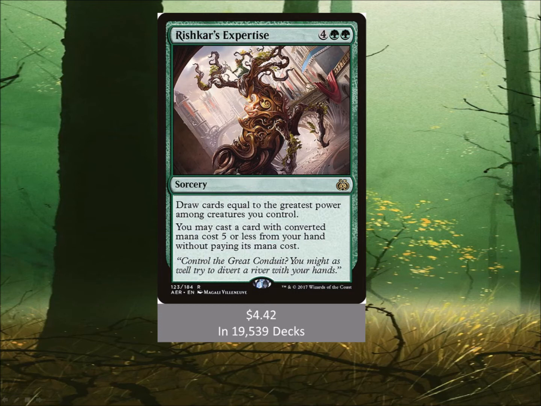As I keep saying, there's 4 cards that go together that if you're going to run one, you should probably run them all. They are great additions to a draw package, and the one that makes this one stand out above the others is the fact that you also, after having done it, get to cast something that's 5 mana or less. So whether it's just another creature, it's a key enchantment or something like that,